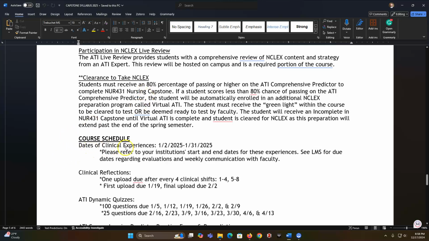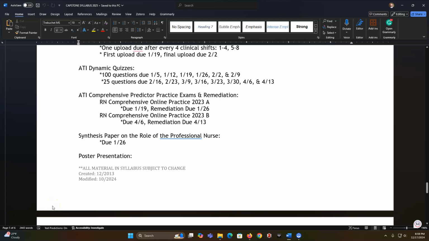Course schedule, so your clinical experiences, we talked about that. January 2nd through January 31st, so the month of January is dedicated to this. Clinical reflections during this time: first upload for 1 through 4 is due on 1/19. Final upload is due 2/2. ATI dynamic quizzes every week. You're seeing that 100 questions and then 25 questions, just to keep you practicing and staying on top of those questions. This is when you're going to do the comprehensive predictor and practice exams. So practice A, practice B,